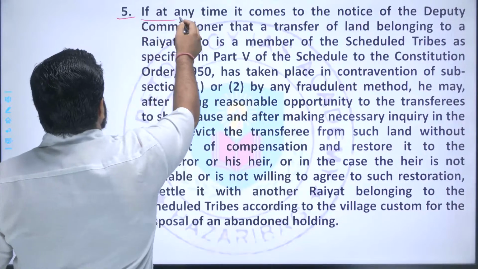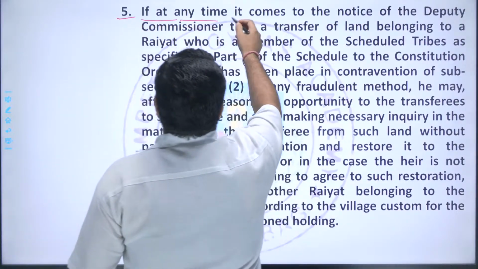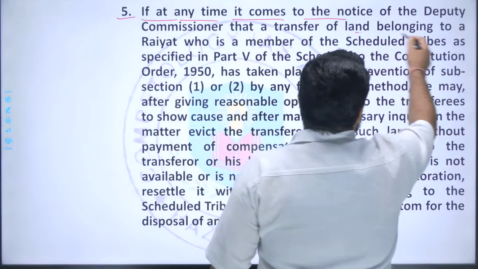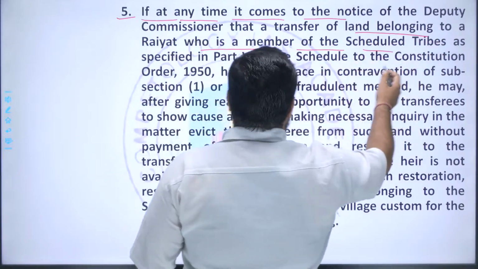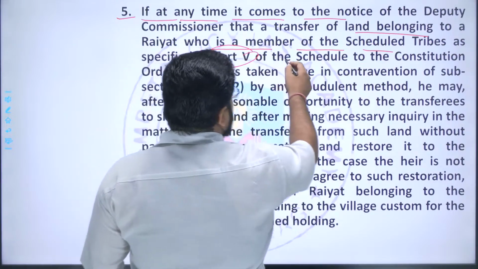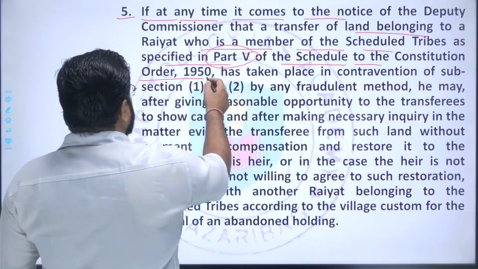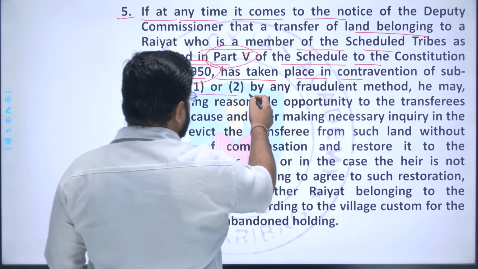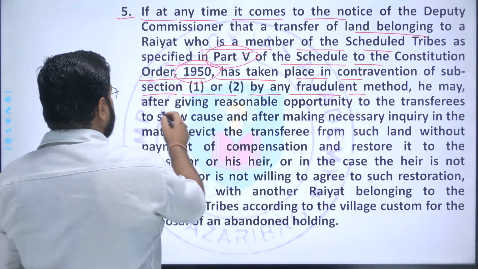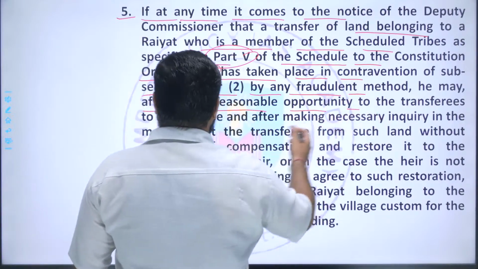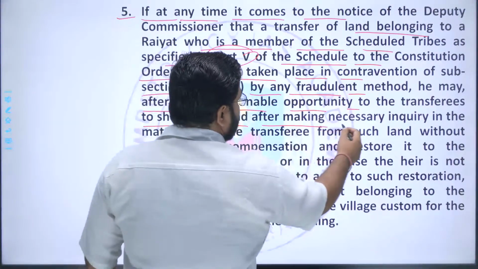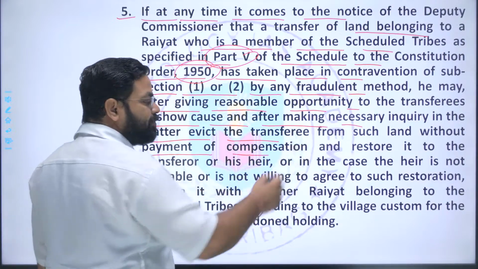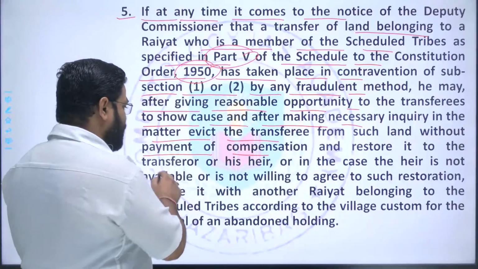Next is section 5, subsection 5. In fact, if at any time it comes to the notice of the DC that the transfer of the land belonging to a Raiyat who is a member of scheduled tribe as specified in part 4 of the schedule of the Constitution Order 1950 has taken place in contravention of subsection 1 and subsection 2 by any fraudulent method, he may, after giving reasonable opportunity to the transferee to show cause and after making necessary inquiry in that matter, evict the transferee from the land without payment of compensation, and that land will be restored back to the transferor or